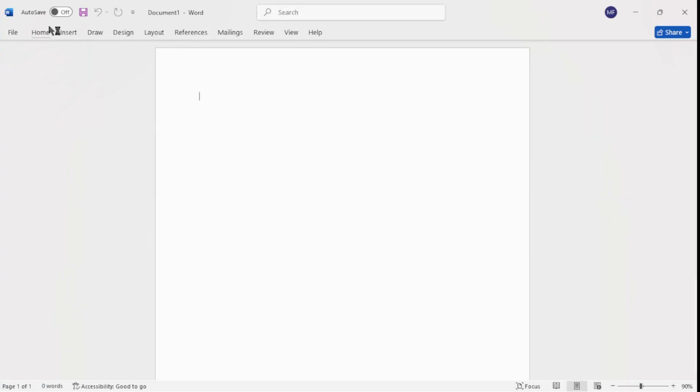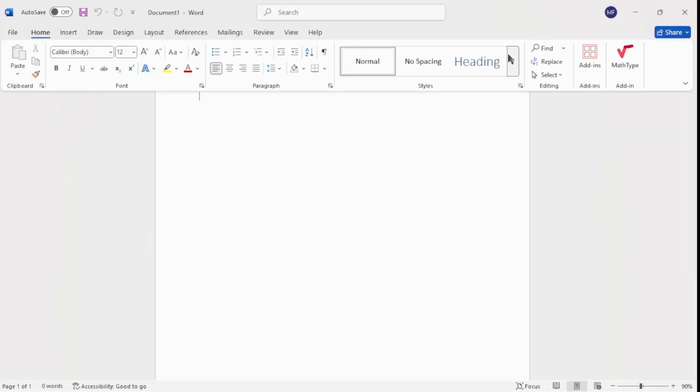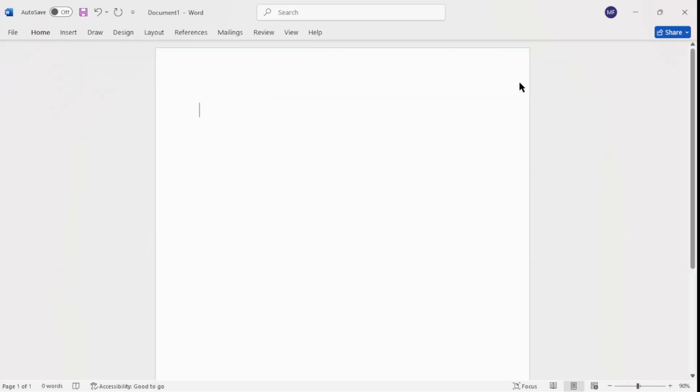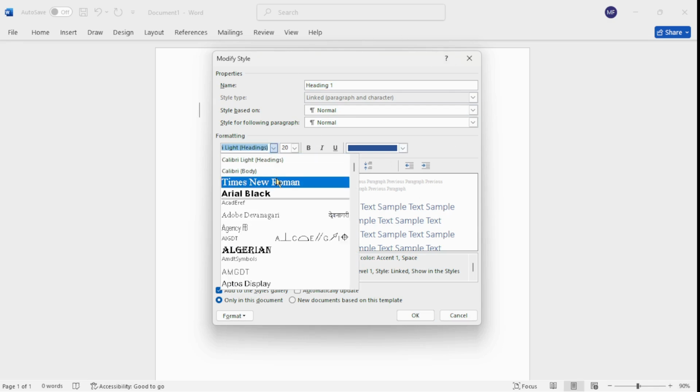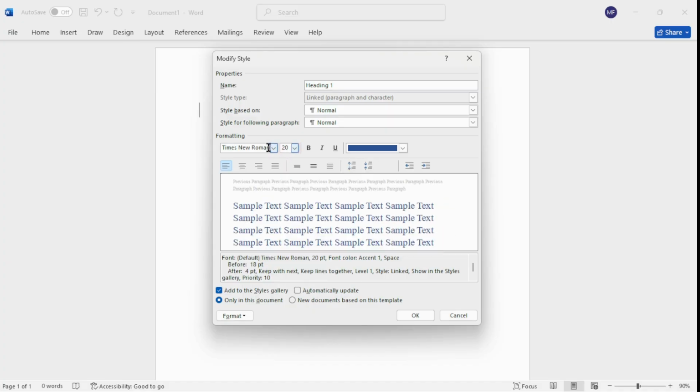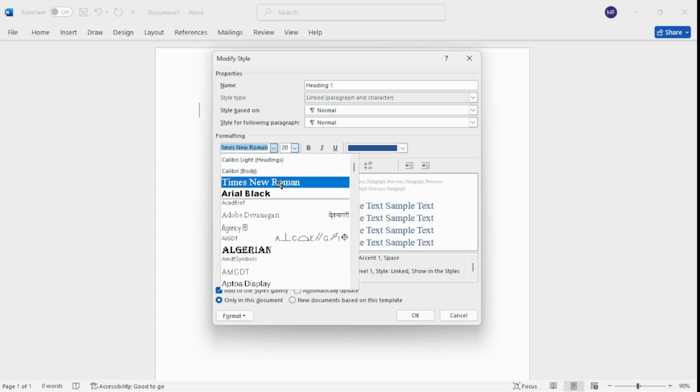After that, click Home and click on Heading. This is called Heading 1. Right click on Heading and click on Modify. It will show us this, so we can modify the heading. Firstly, I will choose the writing format Times New Roman, but you can change it based on your format.